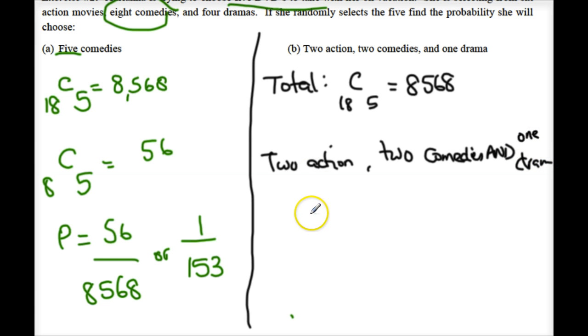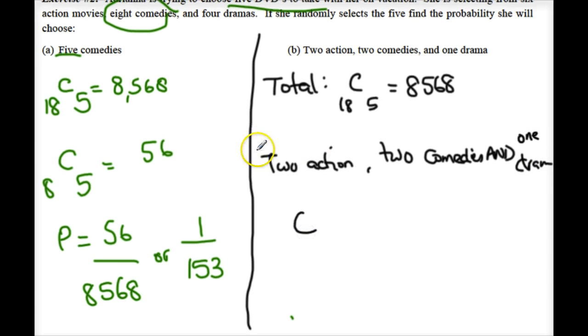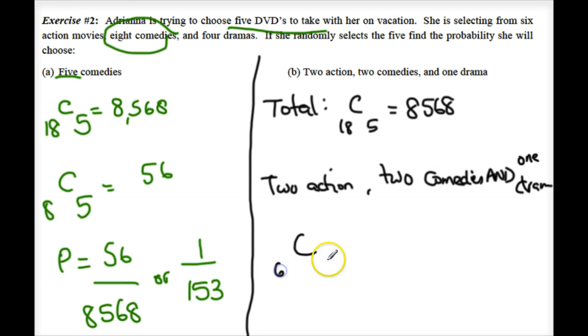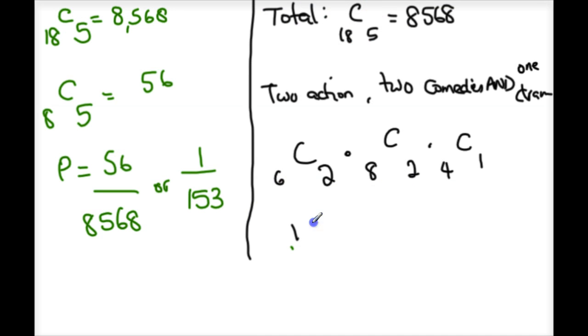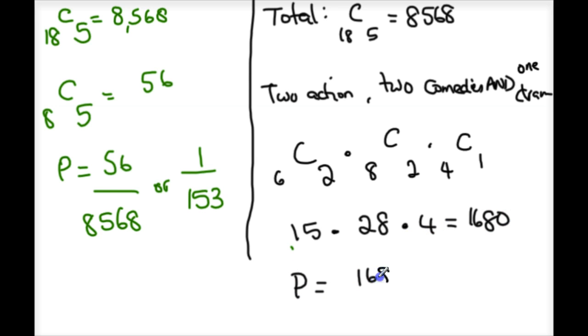2 action, a total of how many actions she had. There are 6 actions. She wants to choose 2. Comedies, there are 8 comedies. She's choosing 2. And in drama, there are 4 dramas. She's choosing 1. If I multiply this out, I get 15 times 28 times 4, which will give me 1680. So therefore, the probability would be 1680 over the total up here, which is